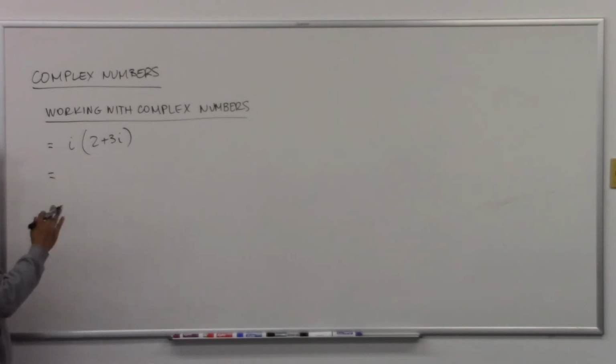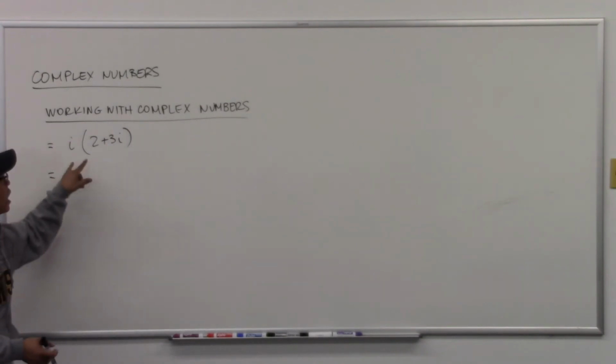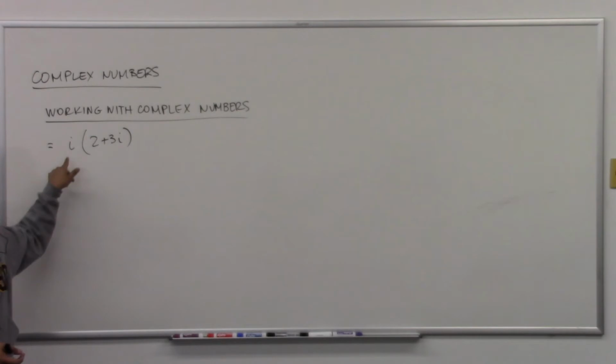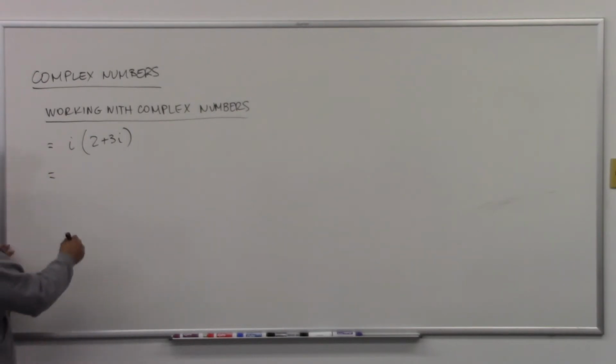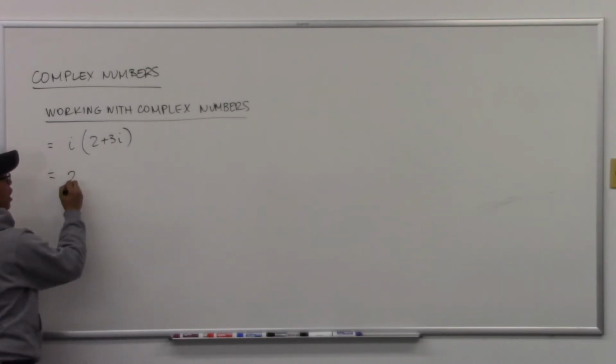So, no, you don't. You want to leave them as i's. The first thing we did was converting complex numbers because you want them as i's, you don't want them as square root of negative ones. But I'm saying you can distribute. You can write everything in terms of just i or no i. So i times 2 is 2i, and then